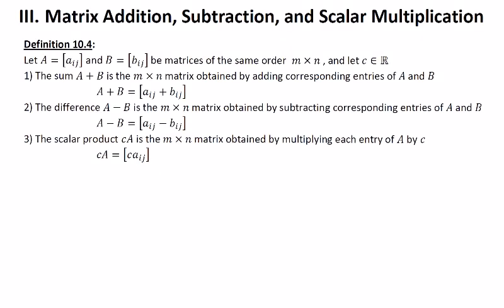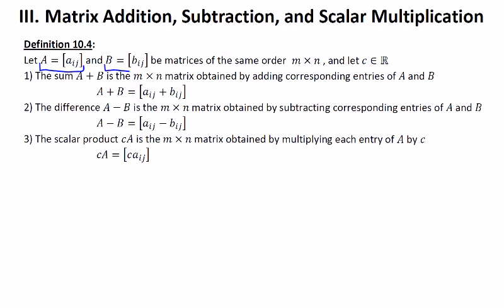In part 3 of section 10, we're going to be looking at some matrix arithmetic. Definition 10.4 is going to define for us the sum, the difference, and something called the scalar product for matrices. Now it begins the definition with saying let A